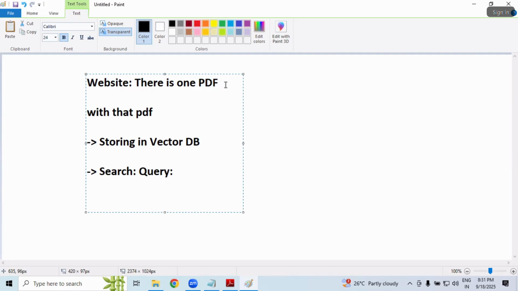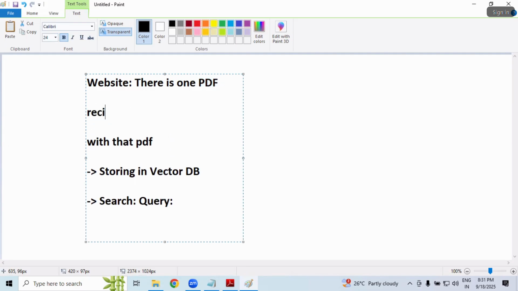Think like there are some receipts, actually, of some 10 types. Now you're asking, can you explain about the first type, actually? Then this query will again be embedded and it will search in the vector DB. Imagine inside this PDF, if you have some 20 pages, it will display the top results. That's where you're working. Are you ready?